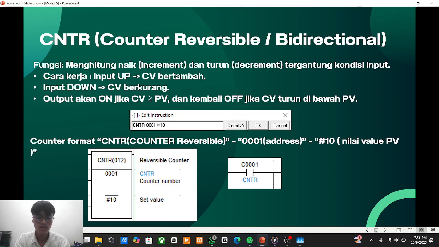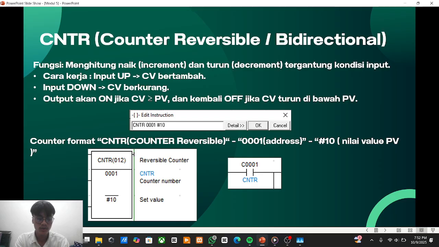This type of counter is often used in systems where movement can go in two directions, such as conveyor belts that move forward and backward, or motors that can rotate both ways. When the up input receives pulses, the counter increases in count.